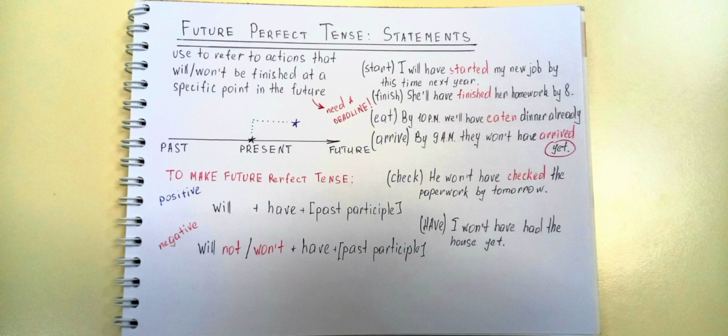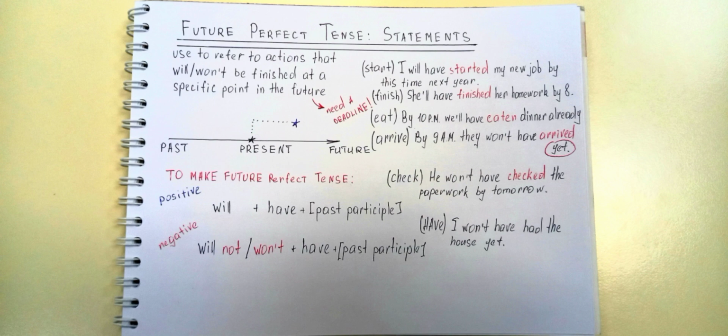We'll have something dinner already. Here the verb is eat, so the past participle form of the verb eat is eaten. By 10 p.m. we'll have eaten dinner already. So this means by 10 p.m. we'll have finished eating dinner. So already